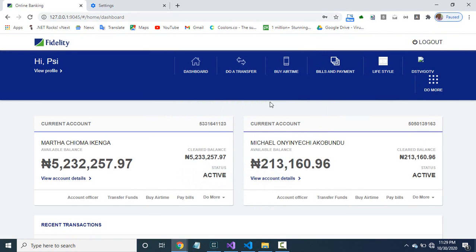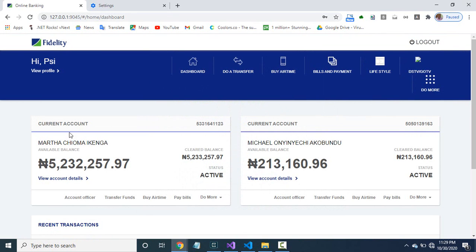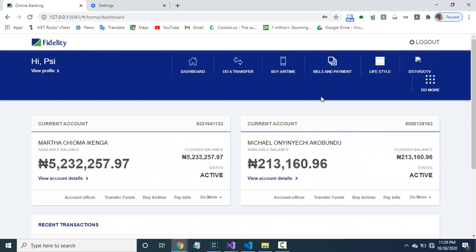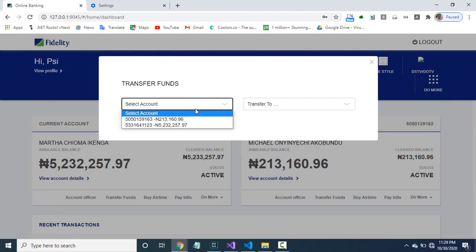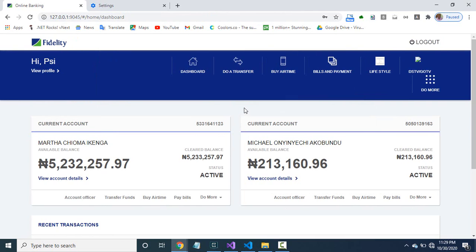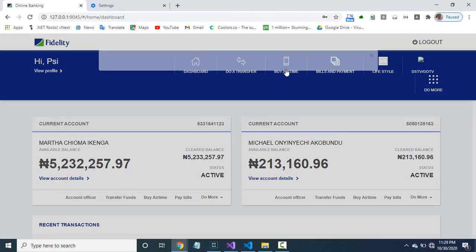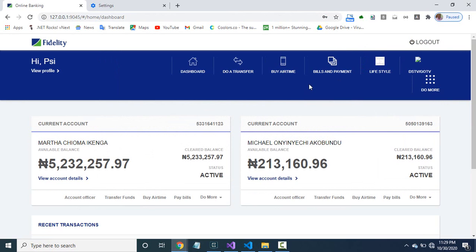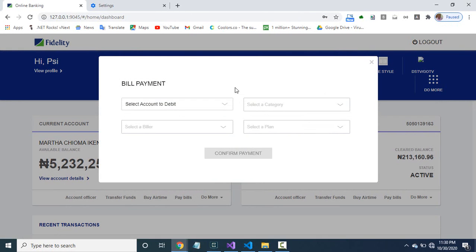Now, when you log on to this application, you'll be able to see current accounts and the recent transactions. So now, let's say you want to do a transfer, you can go here, select your account, and then select the destination. Other inputs will show up, then you enter them and do your transfer. You want to buy airtime, okay, look at it. You want to do bill payments, you want to pay a bill, you can come here, select your account and